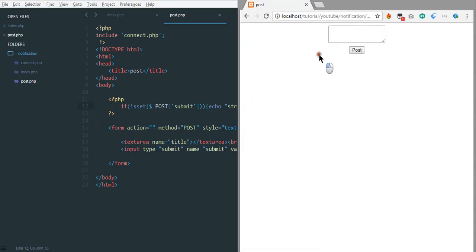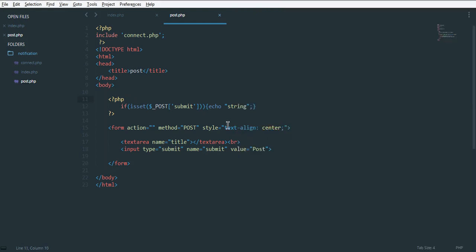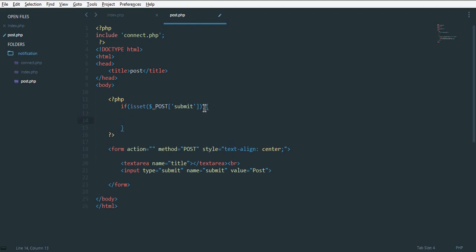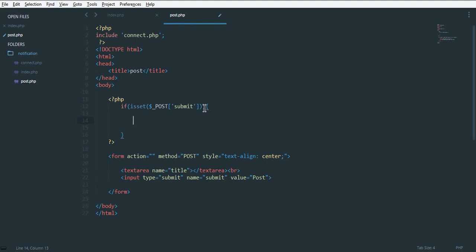Okay, so this is our text area. Just leave something. Yes, we are getting our string here. Okay, so just get rid of that and make our notification go. Okay, so to make notification, just grab our title from the text area, so it will be called the post,